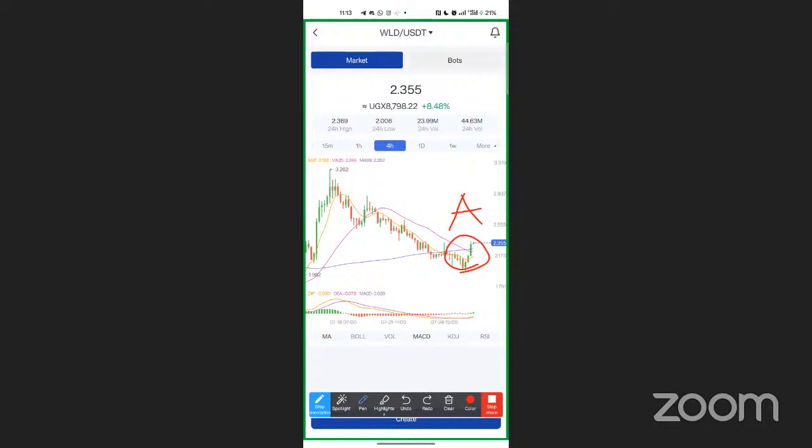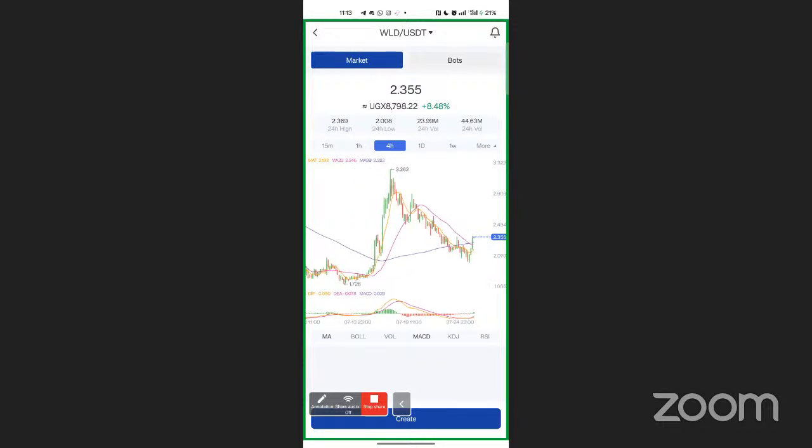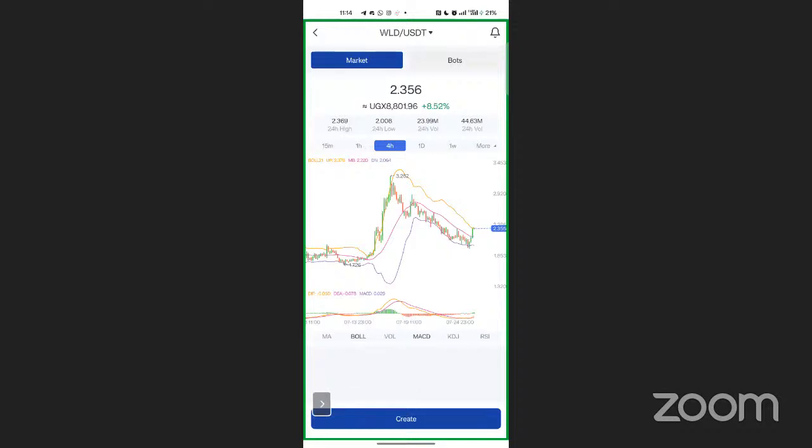If we try to draw a line here, because I talked about area of focus, what do you see here? After the market has been going down, what do you anticipate? What are these moving averages trying to show you? If I put in the Bollinger Bands, you see, but it's not so clear. But with the moving average, it brings out the sense of what I'm trying to talk about.